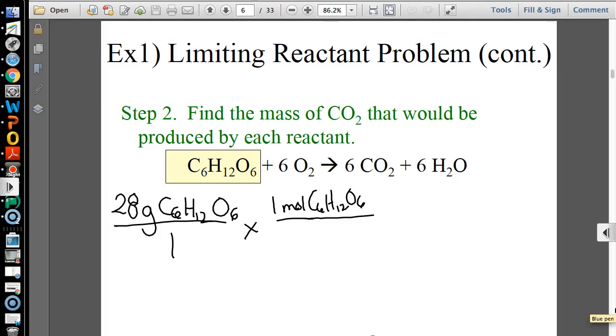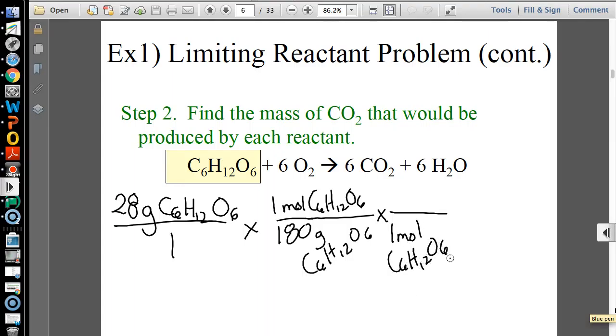And so you can do the math. But it's 180 grams of glucose and 1 mole of glucose. And so now I'm at the palm, I'm at moles of glucose. I'm solving for the mass of carbon dioxide, so to get from one hand to the other, I'm going to use my mole ratio. And this is where I'm going to use the coefficients in my balanced equation. If I look up here, I have a 1 in front of this glucose. So I have 1 mole of